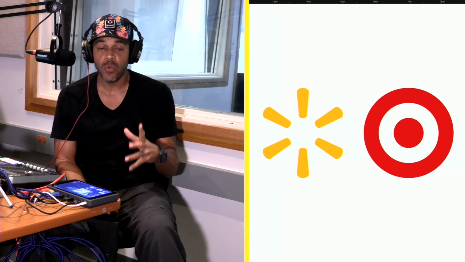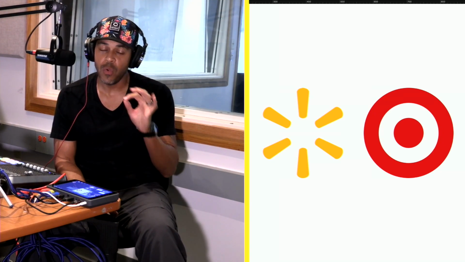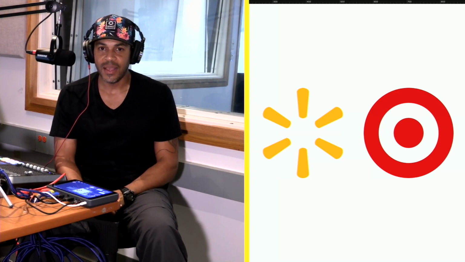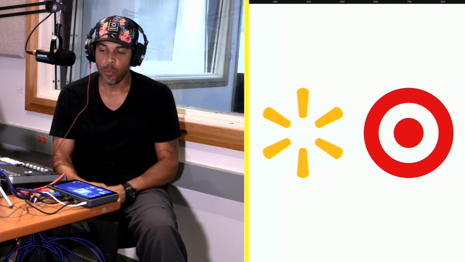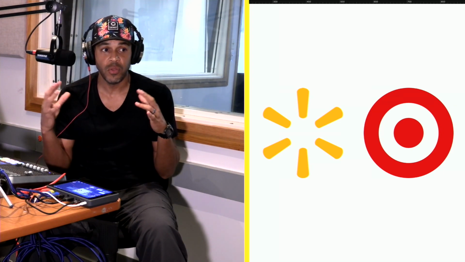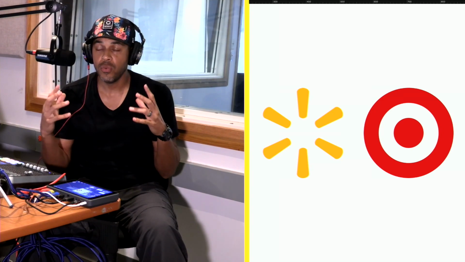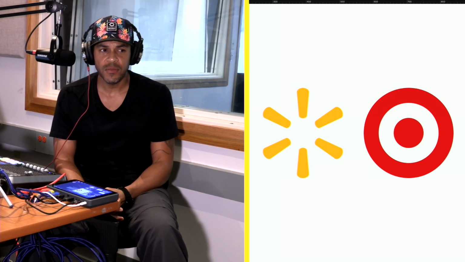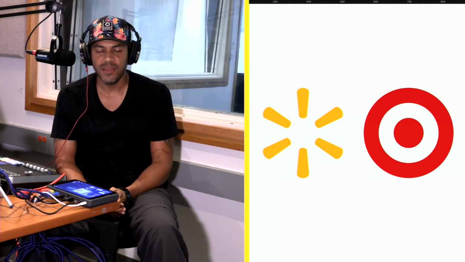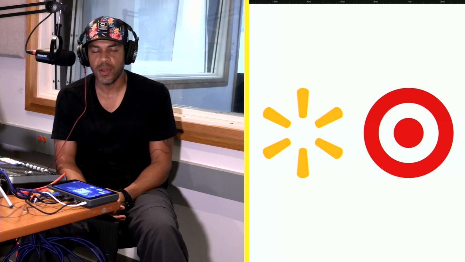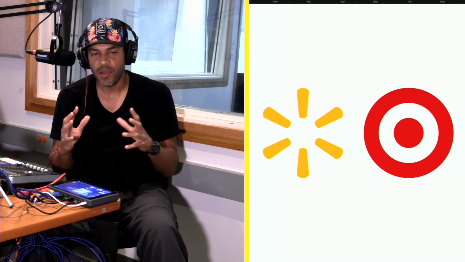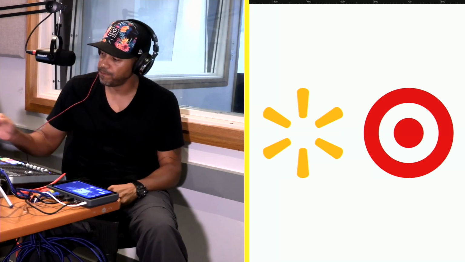You have people that will go to Walmart specifically and won't even try Target, and you have the vice versa. It's just a preference, right? Walmart's the big conglomerate that is one of the most valuable companies in the world. Target is probably up there, but I bet it's not even close to the market share that Walmart has. But Target knows its niche, and then Walmart gets everybody else.